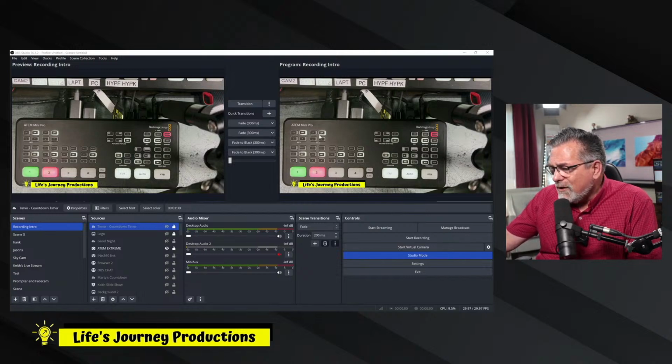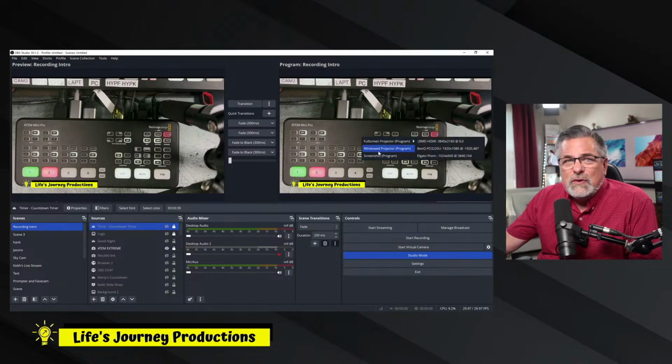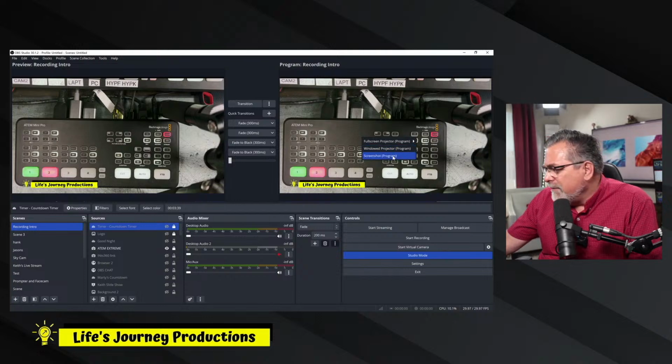So what I've done is I've right-clicked on the right window, the program window of OBS. And as I do that, I have these choices right here. I have full screen, Blackmagic Designs, so I can stream directly to the ATEM Mini Pro through my laptop. So I have HDMI coming out of my laptop to my ATEM Mini Pro, so it sees that as a monitor. I also have window projector for program, and then I also have screenshot, and then over here I can